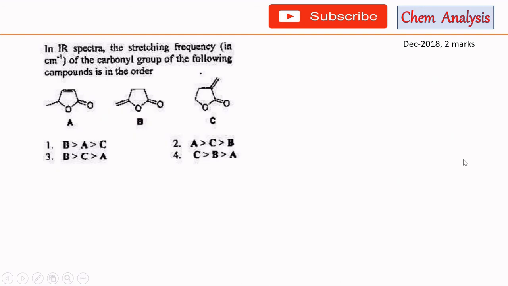Now this is the last question for this discussion. Here we have to tell about the IR stretching frequency order for this carbonyl group of these different esters, cyclic esters, that means lactone. Here we can see that it is a double bond, it is an internal double bond. Here we can see that in this case, since the oxygen lone pair is there, there is a possibility of taking part into resonance with this double bond, so this oxygen center will be more electron deficient, and as a result it